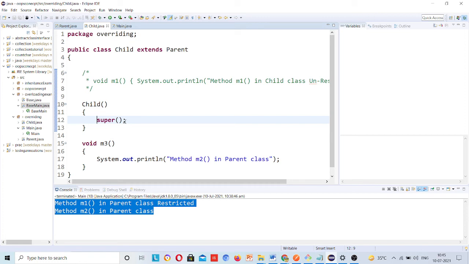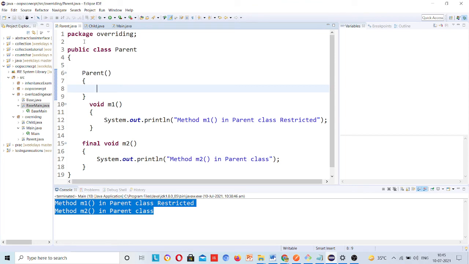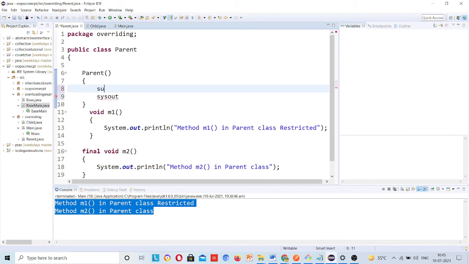What a constructor is, I have already covered in the Saturday session; many people did not join, so go and watch that recording, then come to this and you will be able to understand. Now I will write sys out here, since even in this class this code is written by default.